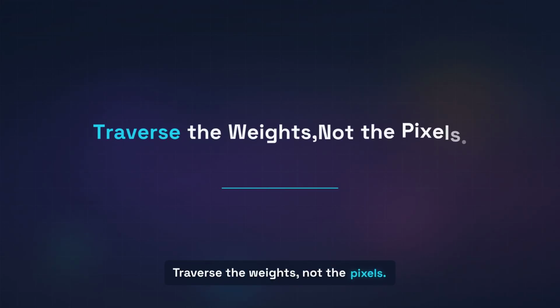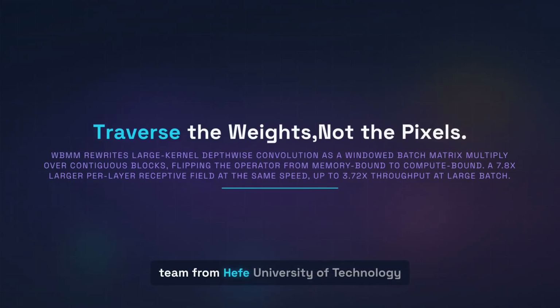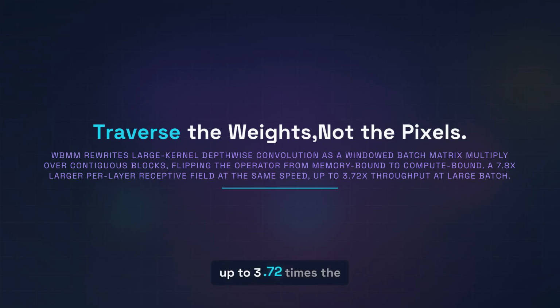Traverse the weights, not the pixels. That is the whole idea. A team from Hefei University of Technology and Kochi University of Technology rebuild large kernel depthwise convolution as a windowed batch matrix multiply, and the operator flips from memory bound to compute bound. The payoff? A 7.8 times larger per layer receptive field at the same speed, and up to 3.72 times the